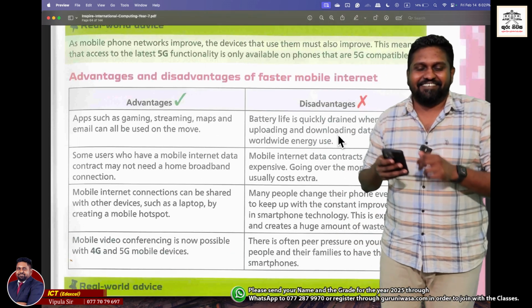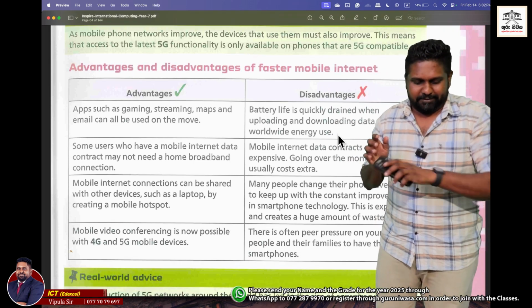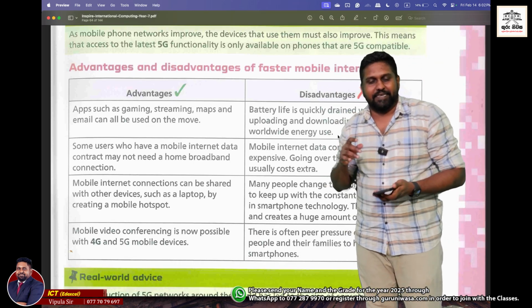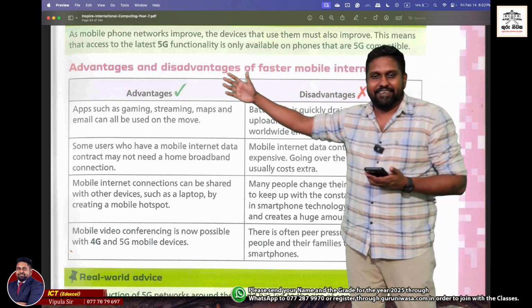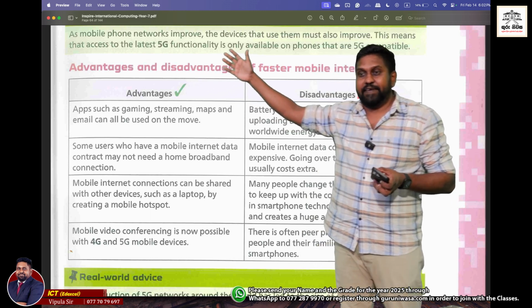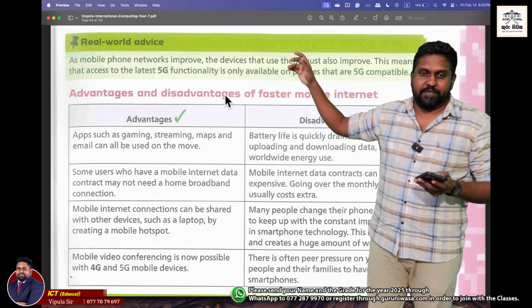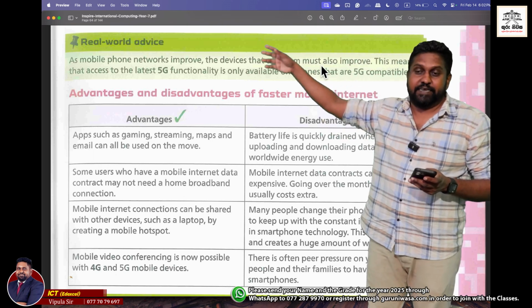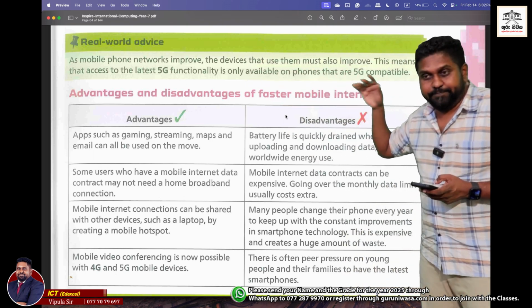That's the thing. Okay, so let's go through the advantages and disadvantages, then we can call it a day. Let's start from the advantages this time. So advantages of 5G. Please do highlight this part: advantages and disadvantages of faster mobile internet. So primarily advantages: